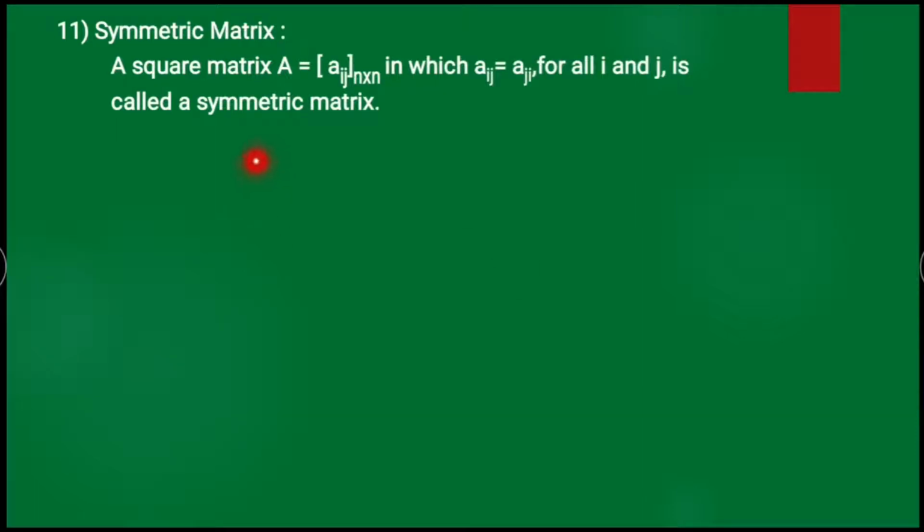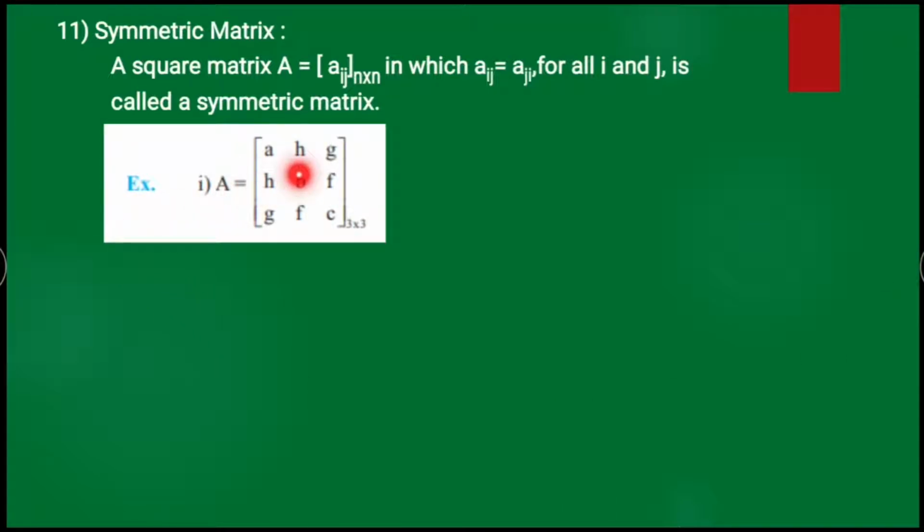Now the next type of matrix is the symmetric matrix. See the definition. A square matrix A of order n by n having elements aij, in which aij equals aji for all i and j, is called a symmetric matrix. Here aij equals aji, for example a12 equals a21, a31 equals a13. Such a type of matrix is called a symmetric matrix. See here, for example, this element has position a12 and this one has position a21,